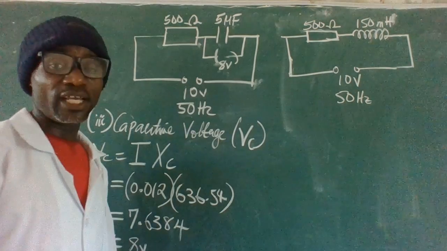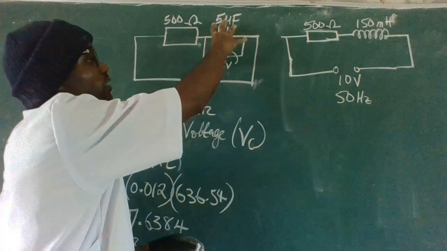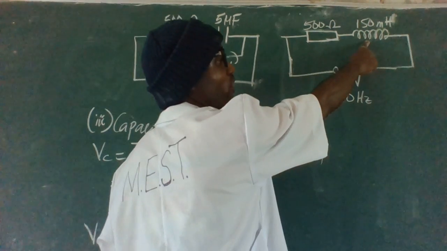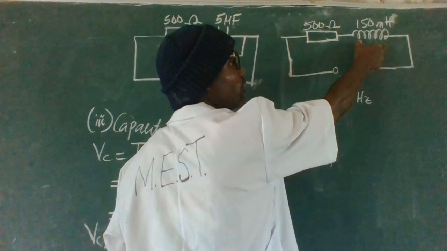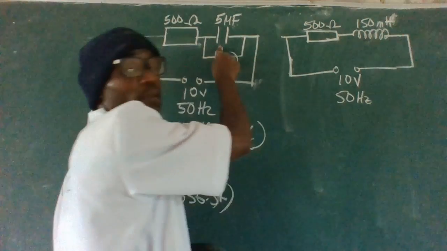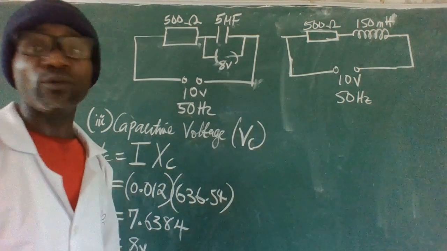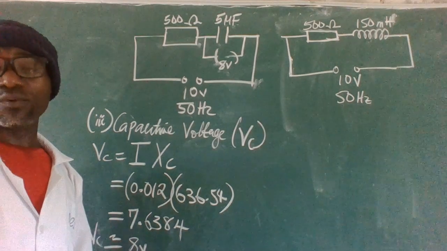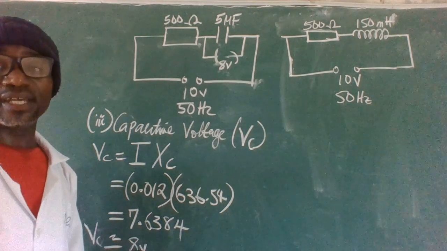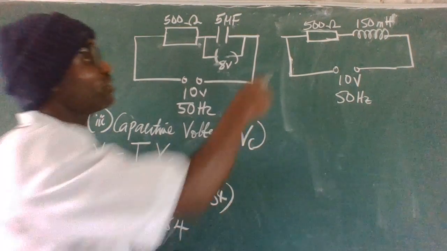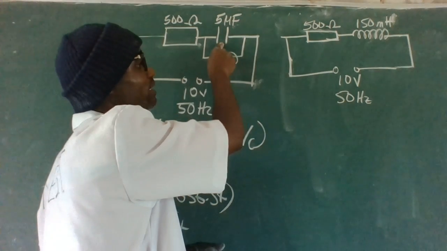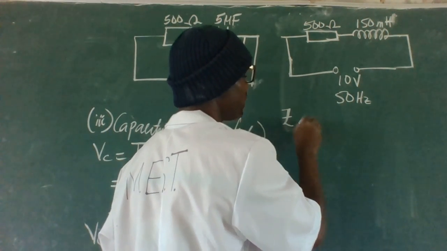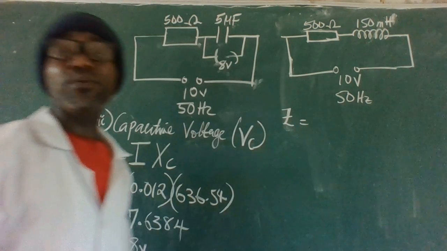Now, the question is, if the capacitor is replaced with an inductor, look at the diagram here. The second diagram has an inductor replacing a capacitor. So what will change? The voltage and the impedance. Since the capacitor has been replaced, we need to find the impedance, okay? And the impedance is